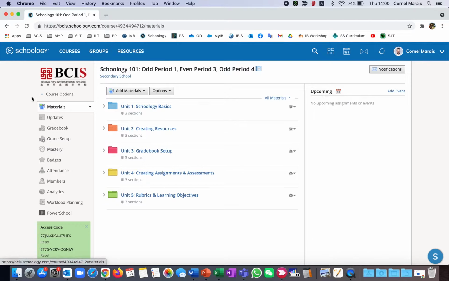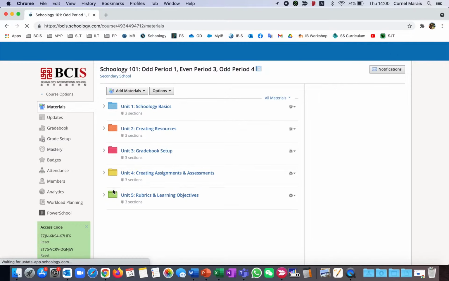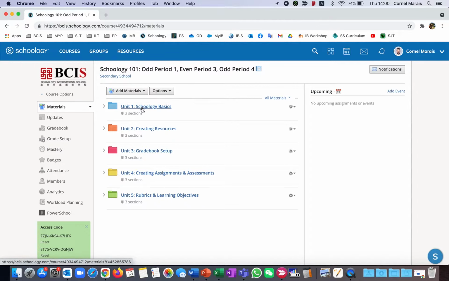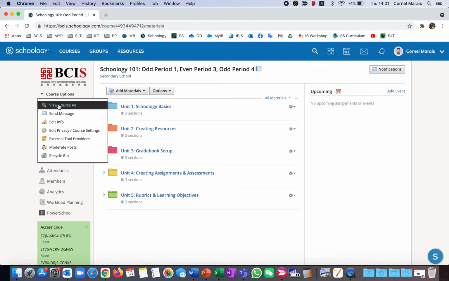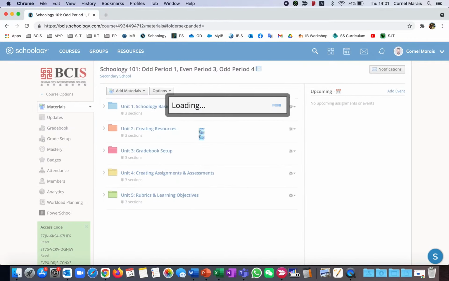For the most part, materials is where you'll have this folder system within which you are going to build your lessons, your materials, your resources. All of that's going to be housed here. And everything as it appears here is exactly how it will appear for students. So if we go view course as,